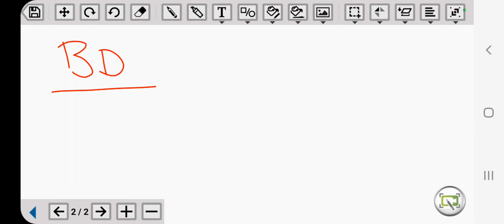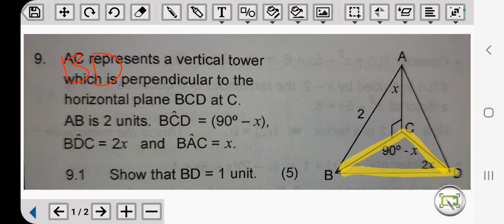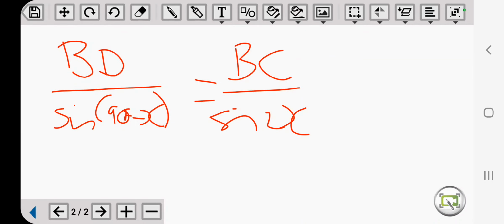BD over sine 90 minus x is equal to BC over sine 2x. Let's go and check. BD and the angle 90 minus x is equal to BC and the angle 2x. There's BC and there's the sine 2x. Alright, so let's go and take everything else to the other side and let's go and leave BD on the one side. Okay, so we have BC,